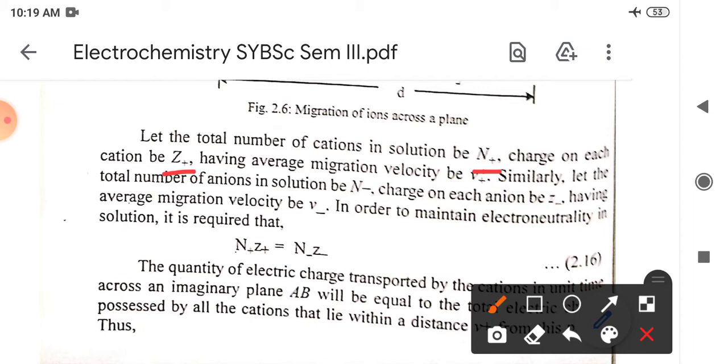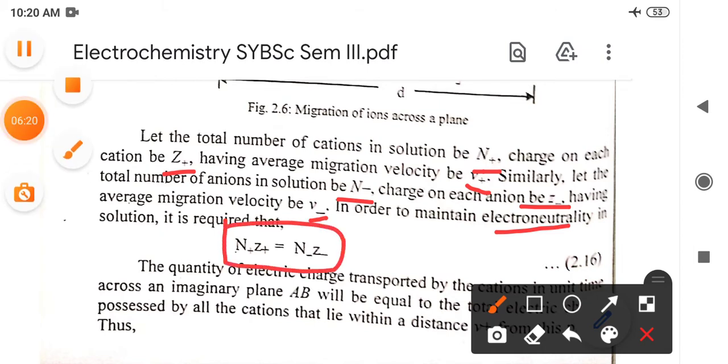The average migration velocity for this cation is V plus, and similarly consider that the total number of anions in the given solution is N minus, the charge on each anion is Z minus, and the average migration velocity is V minus. So in order to maintain electrical neutrality in the given solution, it is required that the number and charges